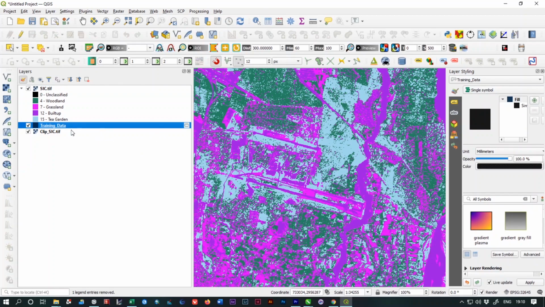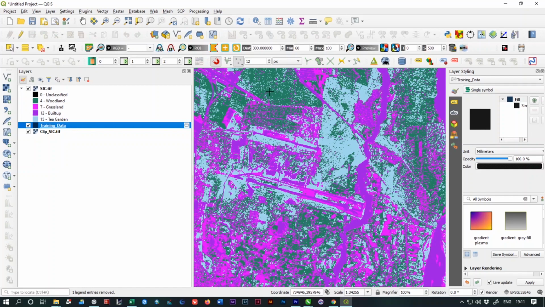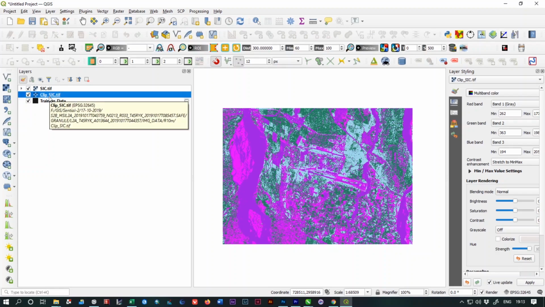And one thing is, you can use the training sample in any other image classification based on the selection you have saved in the training data sample. And another thing that I told you I would show is the swap option. By default, the swap option is not available in QGIS. You have to install a plugin. By using that, you can use the swap option between two rasters. So for that purpose, you need to install a plugin.